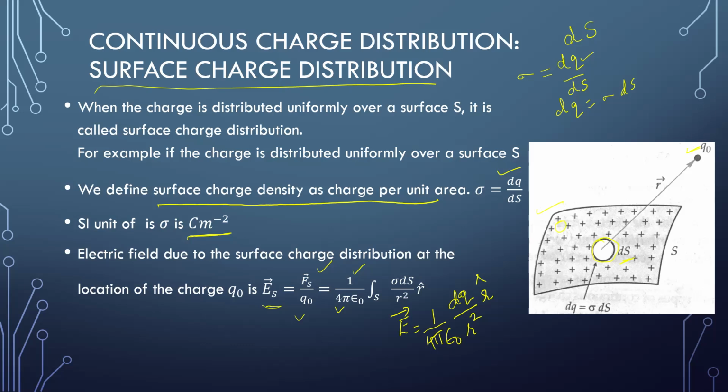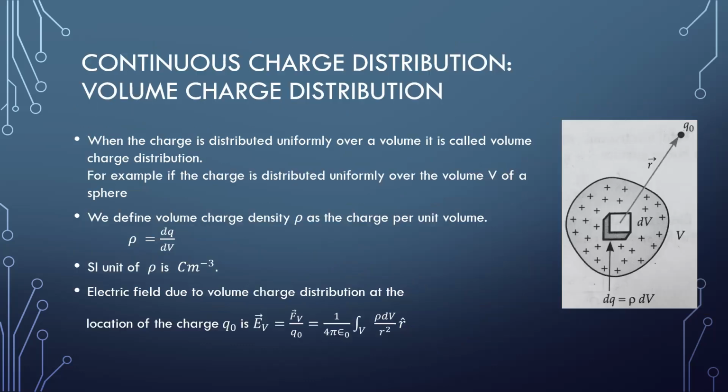Now if the whole surface is divided into small area elements like ds, then we have to write down the summation of everything, and summation is nothing but integration. Therefore we have this expression: 1 upon 4 pi epsilon naught integral over S of sigma ds. Why sigma ds? Because dq is equal to sigma ds upon r square into r cap, right? So we can write it in terms of this. Hence this is your electric field due to the surface charge distribution at the location of the charge q